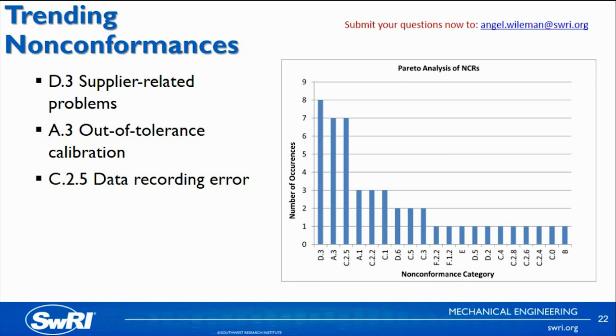In this case, we would review whether there was one or multiple suppliers. If most of the nonconformances were caused by one supplier, we would consider whether there were other acceptable suppliers. If there were many different suppliers, we would look at the type of item that was being bought,